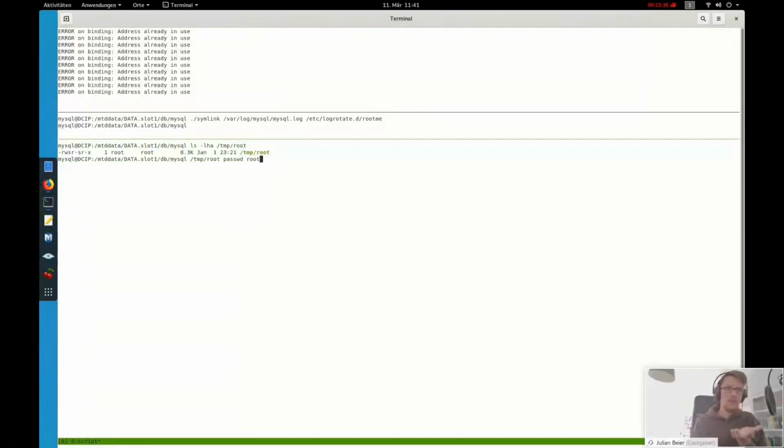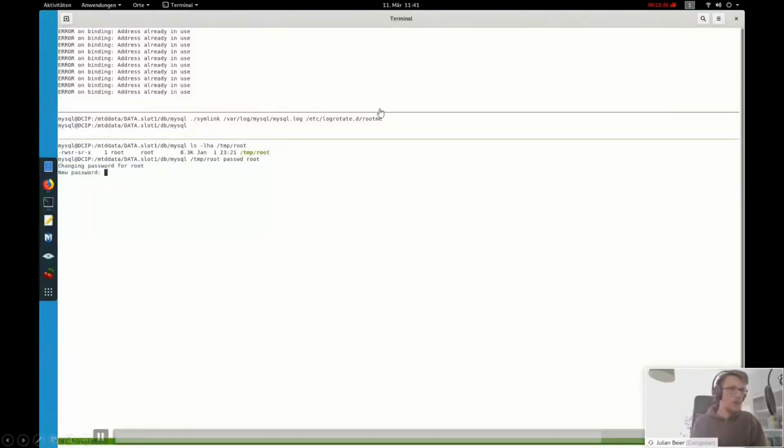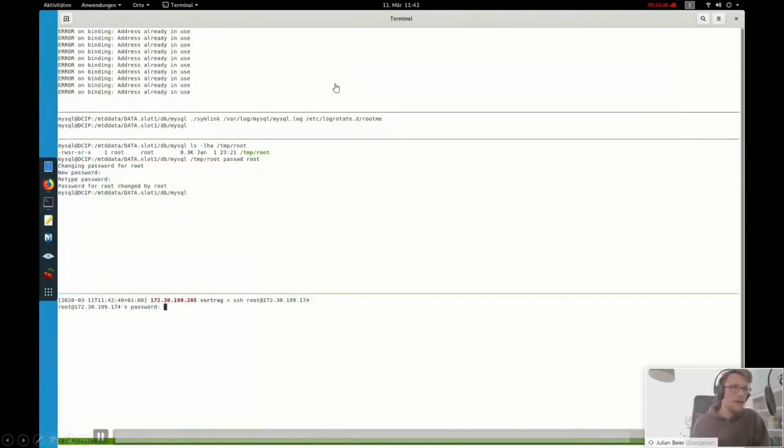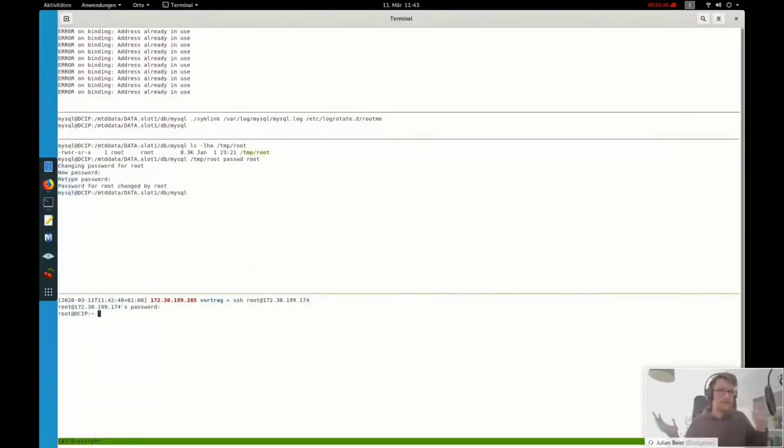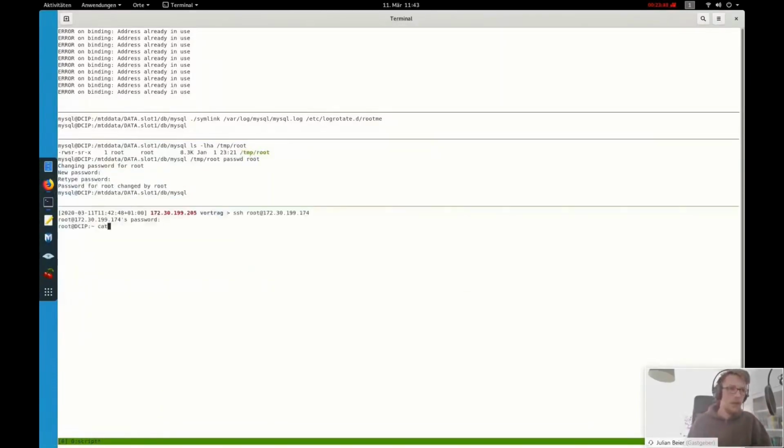You can see the SUID bit is set on this program, which is good for us because now we can just execute passwd for root, set a new root password, and now, as you can see, we can log in as root, and this is basically how we gain root access to the ZList Smart Gateway. Right. And now I would like to give the talk to Sebastian, who will tell you about the Gira Smart Gateway.